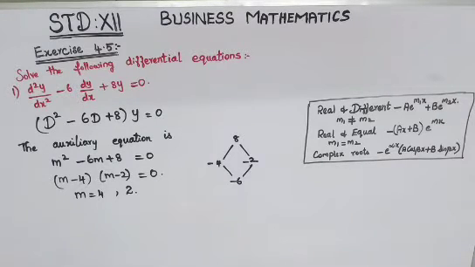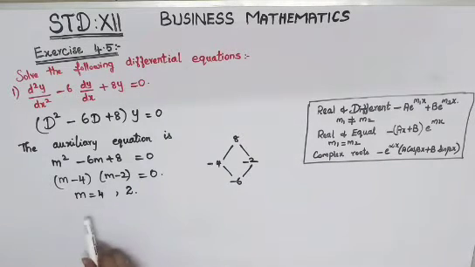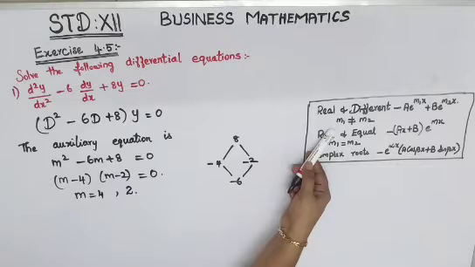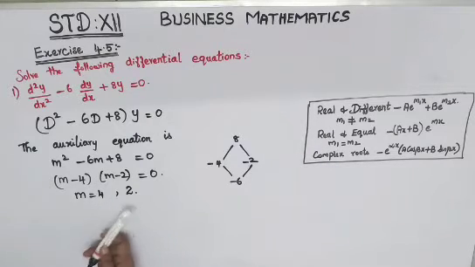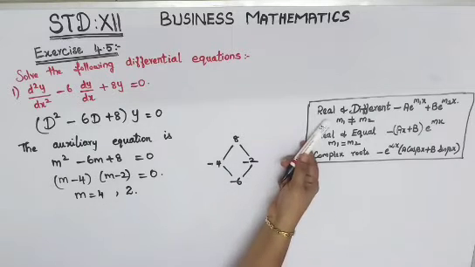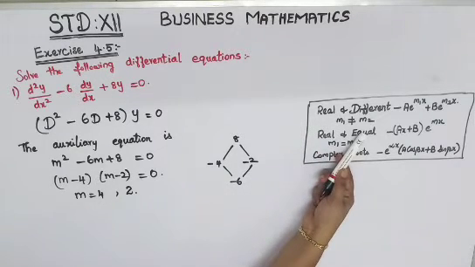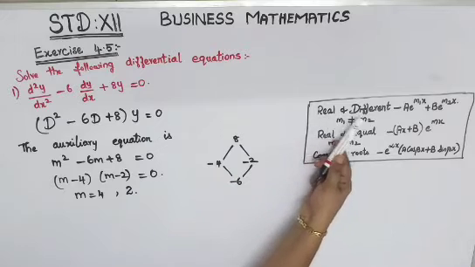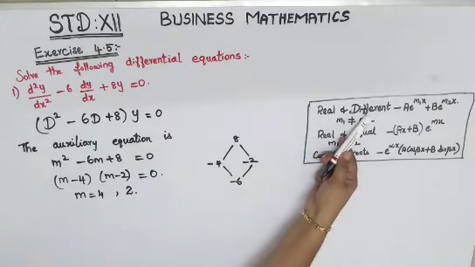So the next one is, you have to write your complementary function, that is your CF. To write your complementary function, some conditions are there, I wrote the conditions here. Once you find your m, mark this as m1 and m2 because two m's are there. Now go to your condition, check whether the values are different or the same. So here we have got it different. So go to your first condition. Different means m1 is not equal to m2. So real and different. Real values we have got and the values are different.